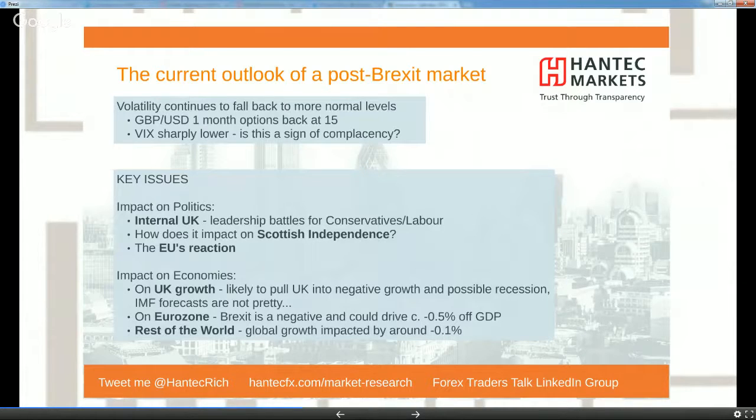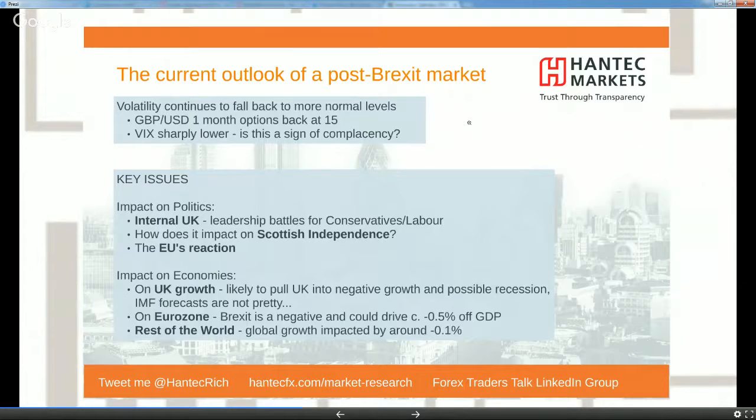What's the impact on the eurozone? Well, how is Brexit going to be impacting the eurozone? Presumably negatively, because it's a big trading partner. So negative UK growth would be negative for the eurozone. What impact would that have on ECB monetary policy? 0.5% off GDP is what Mario Draghi was talking about. So it could still have quite a sizable impact on the eurozone and the likelihood of pushing further monetary easing, but I'll talk about that in a bit.